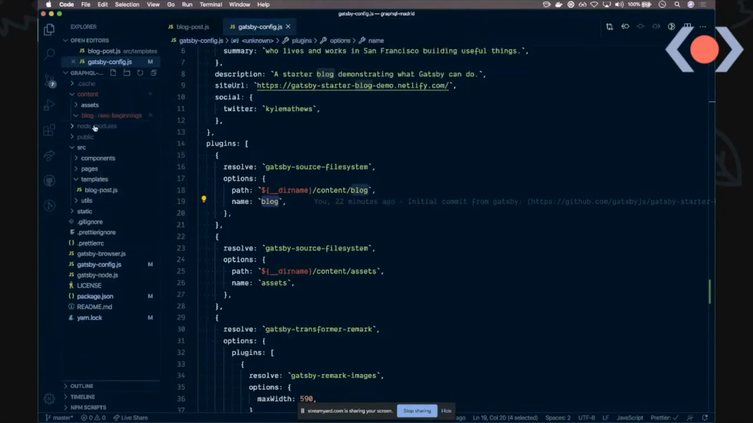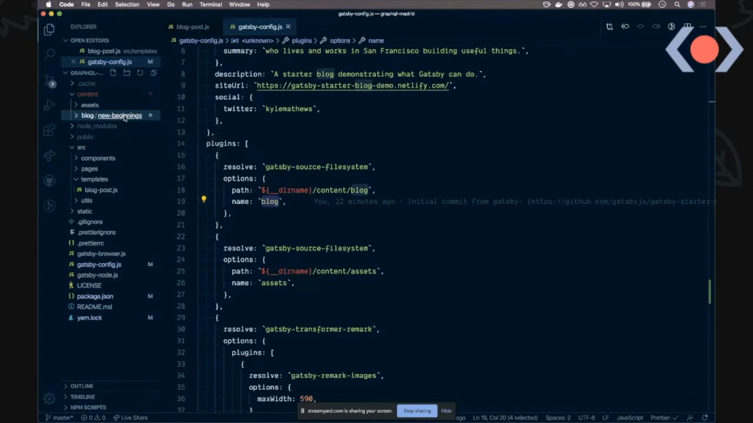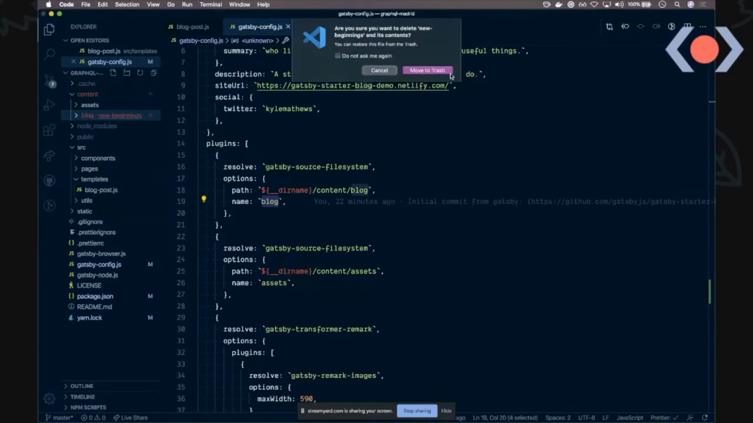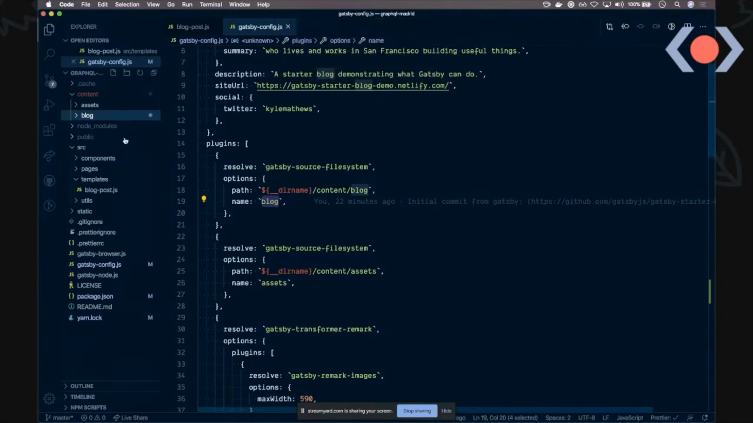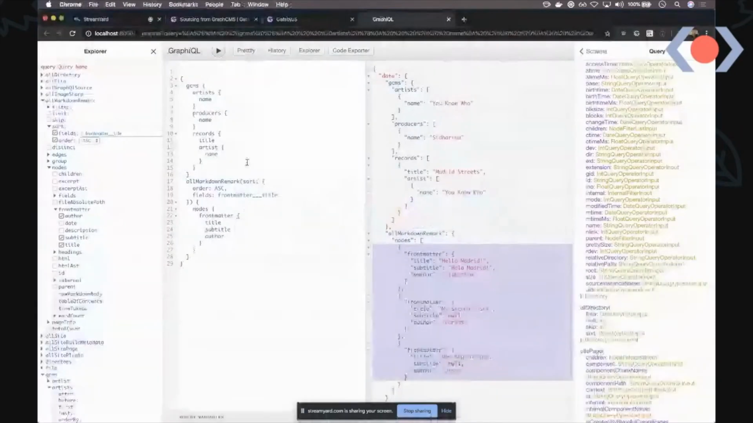We deleted the files and not the folders. So now I've deleted everything. Okay, there's one folder left. I guess I could delete that as well. Okay, it's gone. So now blog is an empty folder. If I go back and run the same query again,